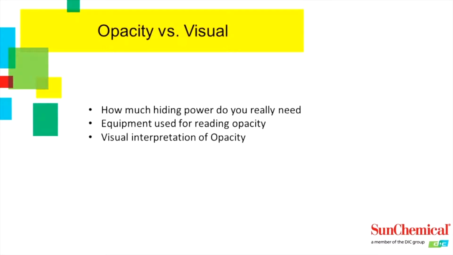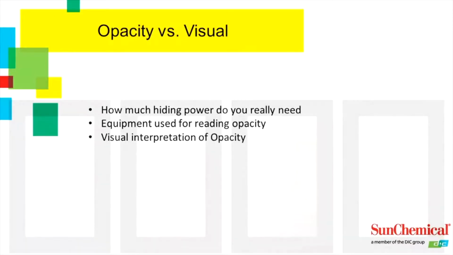When we consider opacity, we have to consider really how much hiding power we really need. What's really the factor that's important here? To do some of these measurements, we would use either a BNL opacimeter or contrast ratio on a spectrophotometer. Also, the visual interpretation of opacity is crucial because that's where you get to see what really white and opacity